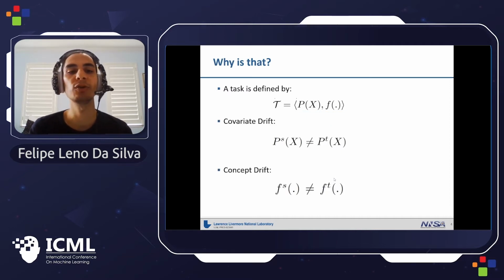And the reason why it's hard to perform transfer learning is that when we change from one task to another, we might have covariate drift, which means that the sampling probabilities are different.